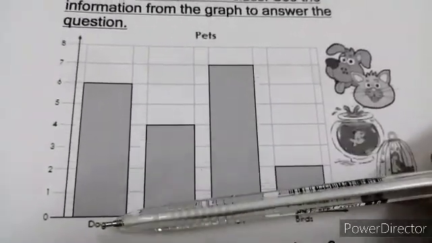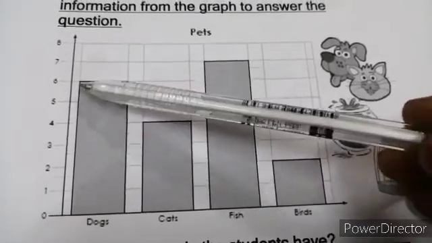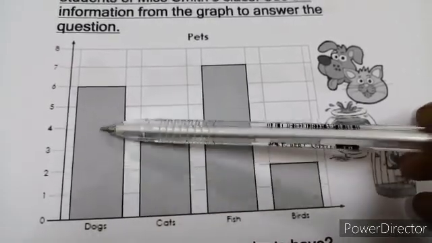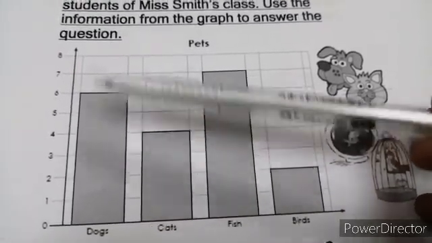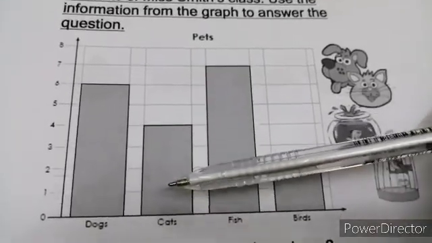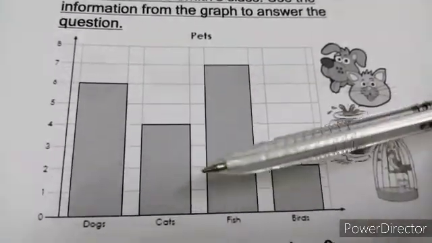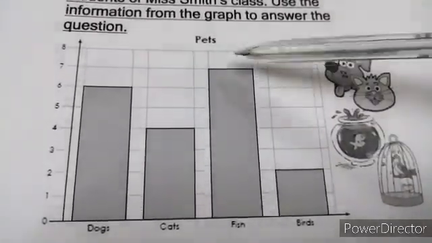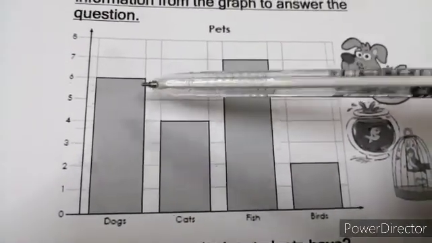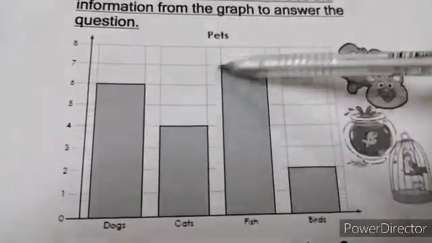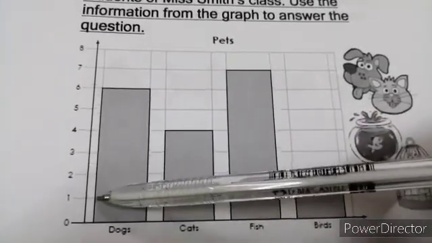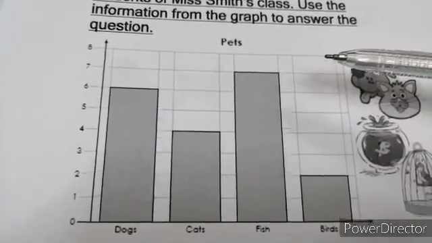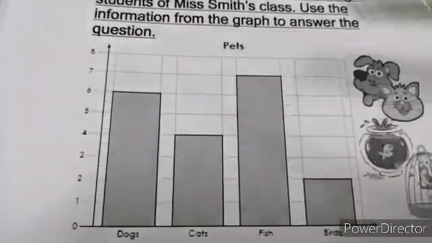How you will represent the data in the block graph is, you have to draw bars or blocks above dogs and stop where the number of dogs is. If the number of dogs is 6, we have to keep on drawing the blocks 1, 2, 3, 4, 5, 6, and when it is 6, we have to stop. Similarly for cats, we have to draw the number which we have collected in the data. So the height of all these bars will be different because the data is different for each pet. The number is different, so the height will be different, but the width or the thickness of the bars will be equal.